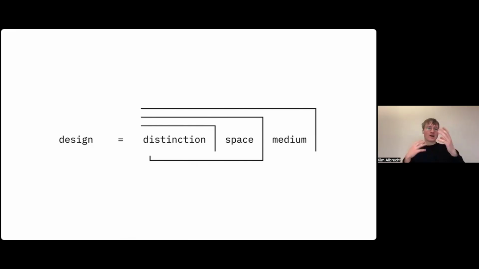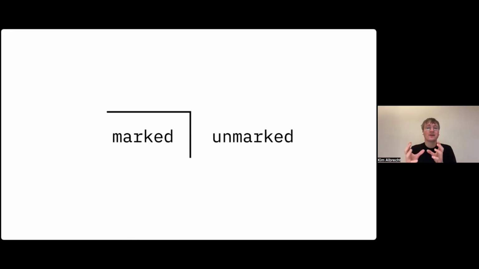So from that, I came up with this kind of idea of what design is. You choose a medium that predefines the possibilities that you're working with, the applications, the programming environments, or pen and paper. This space is a space of possibilities you have at every point that you draw a new distinction. Design is the act of moving through this space by drawing distinctions. Each step you ask yourself, what are you leaving behind by drawing another distinction?